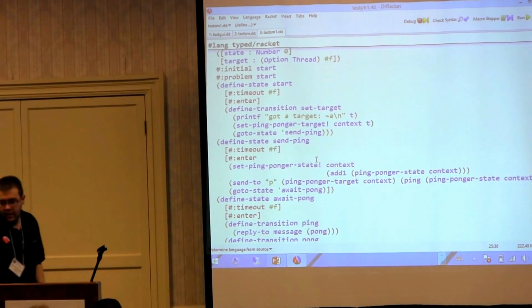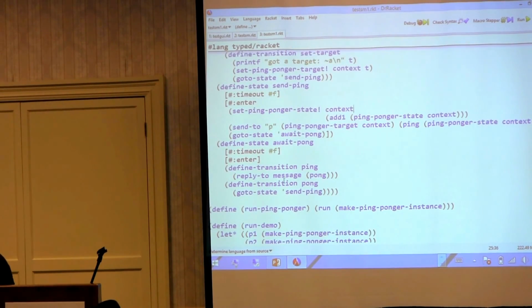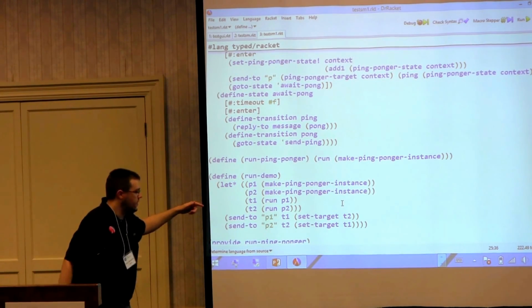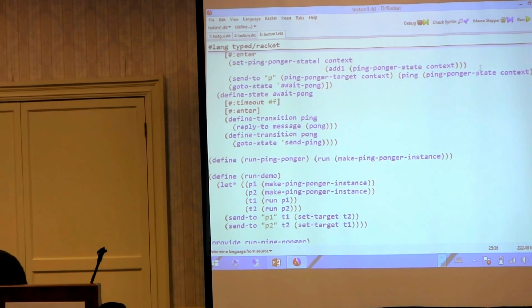And when we get the pong, we get a ping, we reply to it with a pong. That's so that we can have two of these talking to each other. When we get a pong, we go back to the send ping state. So when we run this, we can go ahead and make two of these things. We can then tell them, okay, your target is the other one, vice versa. And when we run these,